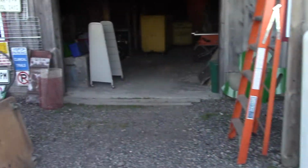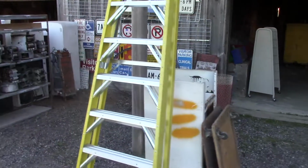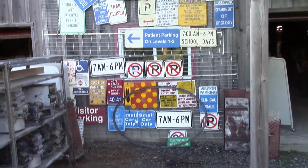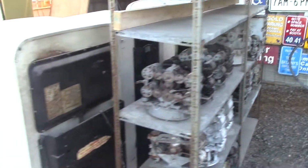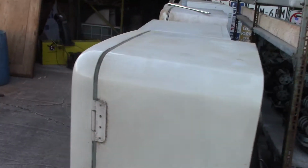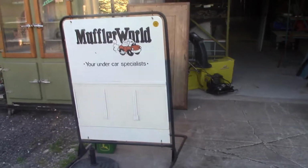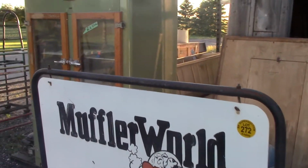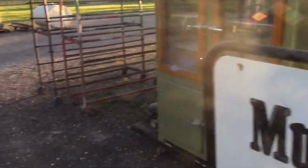Yeah, so pretty exciting stuff, really. I call it junk because that's what it is. But you turn that junk into treasures. You guys know, you're pickers just like me. But I'm getting rid of all of it. And more fridges, signs, really nice cooler there. Two-door cooler, and